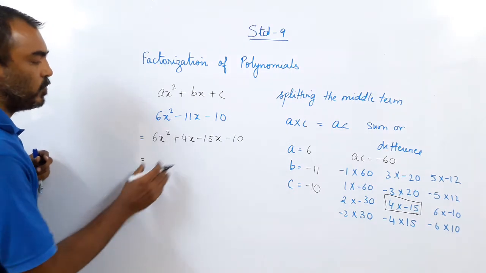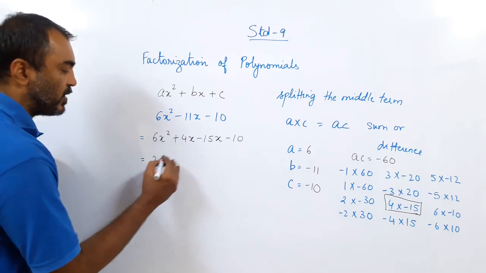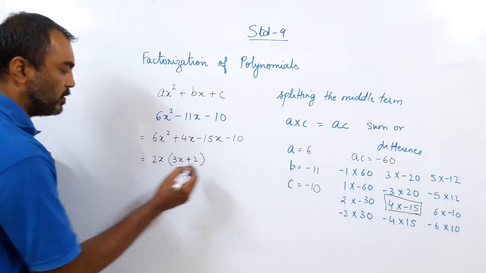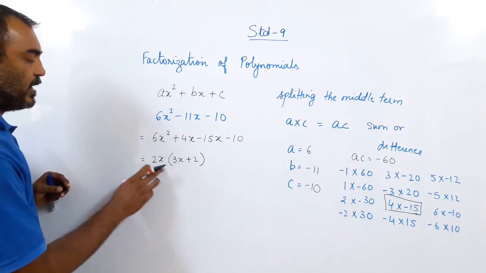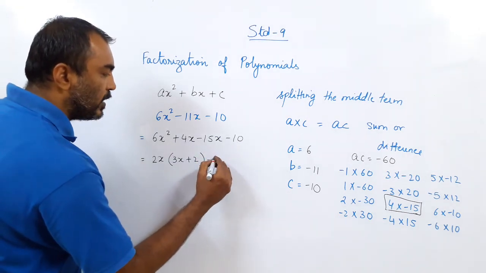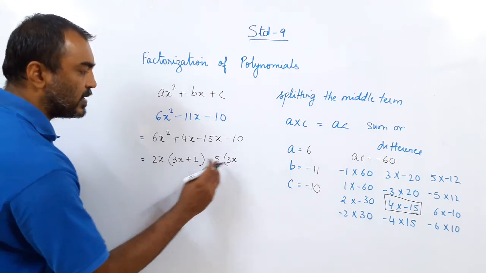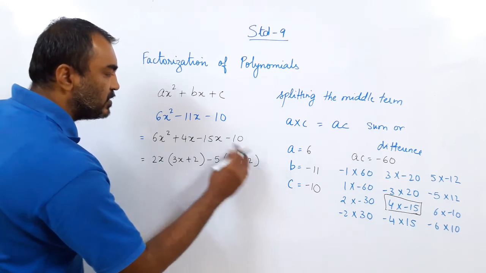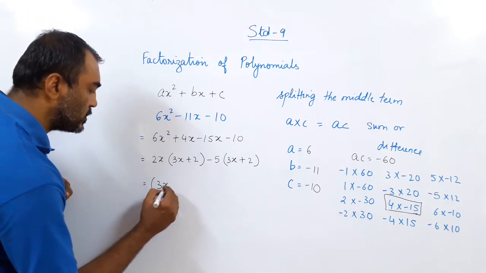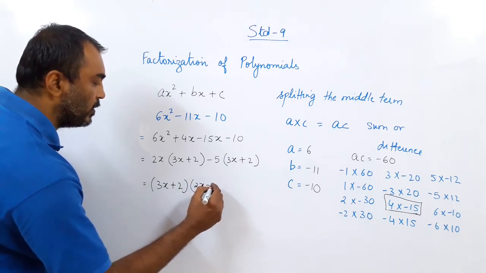So now whatever comes out common. In this you can see 2 comes out common because 2 is the HCF, and the lower power x comes out common. So I get here 3x plus 2. Can you check? 2 3s are 6, x into x square, and 2 2s are 4x. Minus, in this 2 I get 5 common. So 5 3s are 15, and because I have taken the minus sign outside, the sign inside will change, the minus becomes plus. Now here 3x plus 2 is common to both of them. So I take it outside and what is left? 2x minus 5.